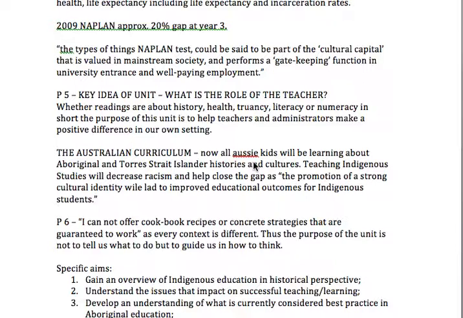Interesting reference to the Australian curriculum, saying that now all Aussie kids will be doing Indigenous education. Oh, the subject's called Aboriginal Studies. I didn't know about this, but now everyone's going to be doing that. So that should be a good thing in terms of reducing racism, but also improving educational outcomes for Indigenous kids, because there's a few guys here that reckon that having a strong cultural identity that's valued within the community leads to,